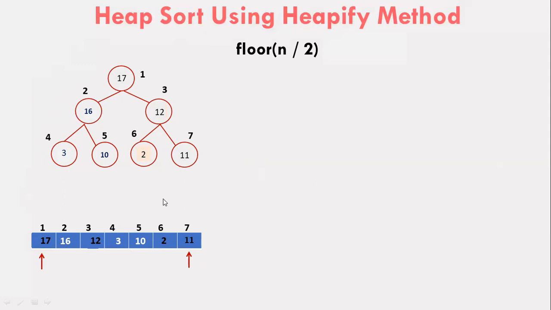And how did we convert this into max heap? How did we build this max heap? By using the heapify method. So this is heapified. Now our complete tree is satisfying the property of max heap. So this is our max heap. And this is how we apply the heapify method, that is from right to left. So this will give the time complexity as order of n. So if you are using the heapify technique, the time complexity will be order of n. Fine.